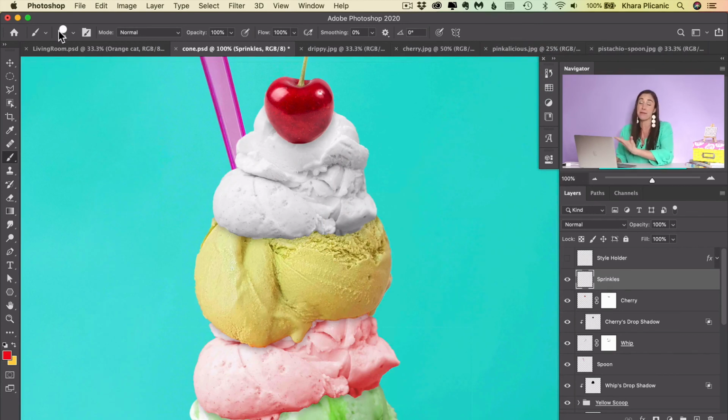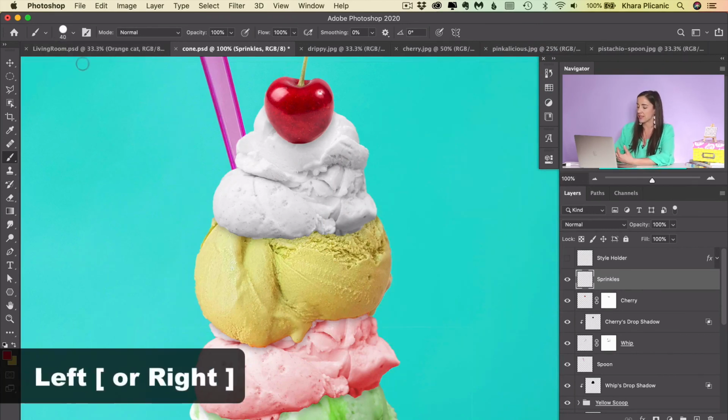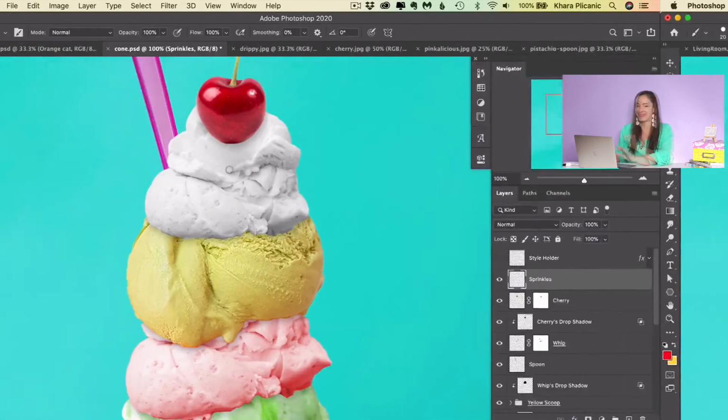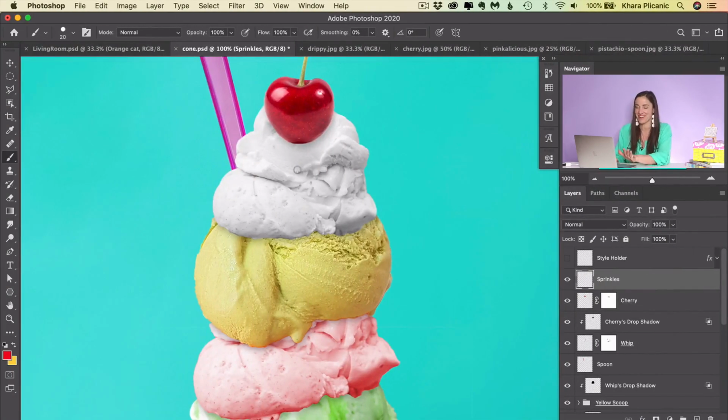And right now I happen to have a 40 pixel brush, but I'm going to make that smaller by pressing the left bracket key, or the right bracket key if you need to make it bigger. But I want my brush to be 20 pixels. So here is the super fun part. We're ready to paint. Go ahead and click to paint sprinkles